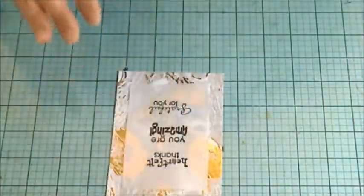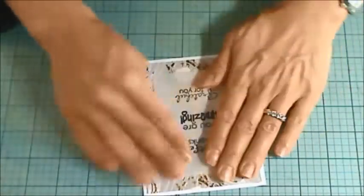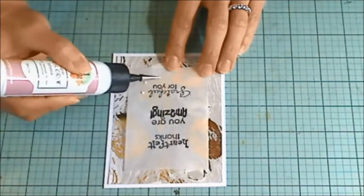And I thought about adhering this card front to the card base with double-sided foam adhesive, but I'm making a set of these cards as a gift, so I thought I would just use plain ATG tape, and that will keep the cards flatter and easier to